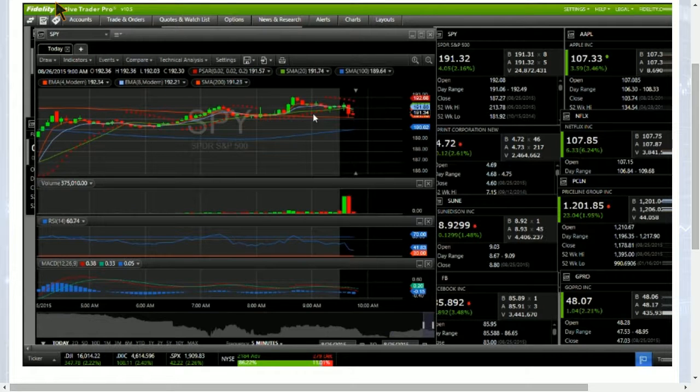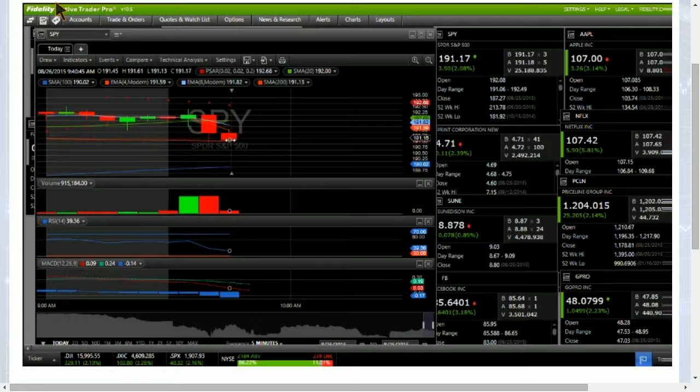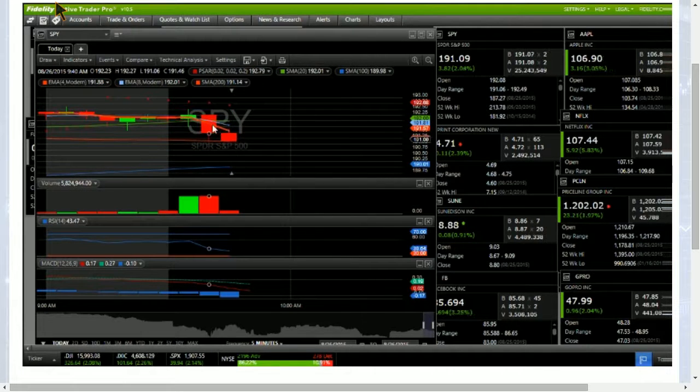But I'm going to stick to the 5 minute for now, as the 5 minute has been doing very well for us the past 2 days. So SUNY 890 support just fell, heading back down to test the low of the day potentially. Coming up on another test of the 200 period moving average support, 191.13. The low of the previous candle was 191.06, and we have a new low of the day right now,